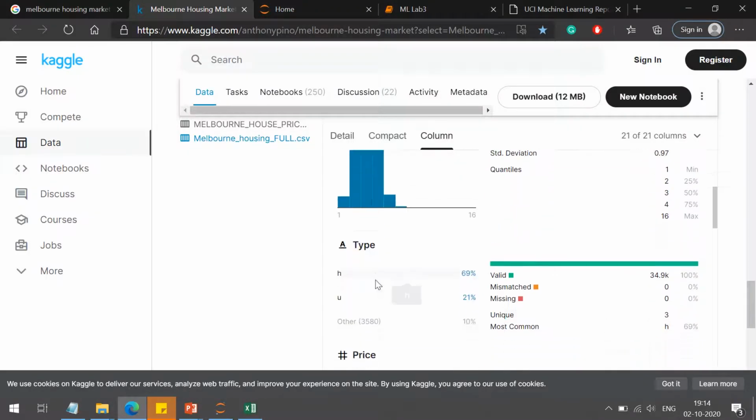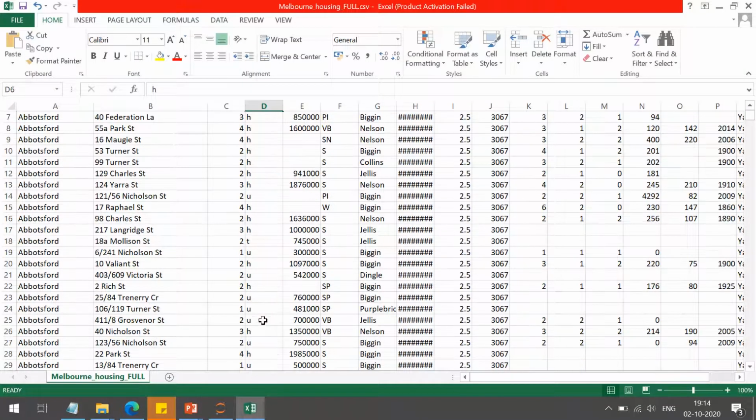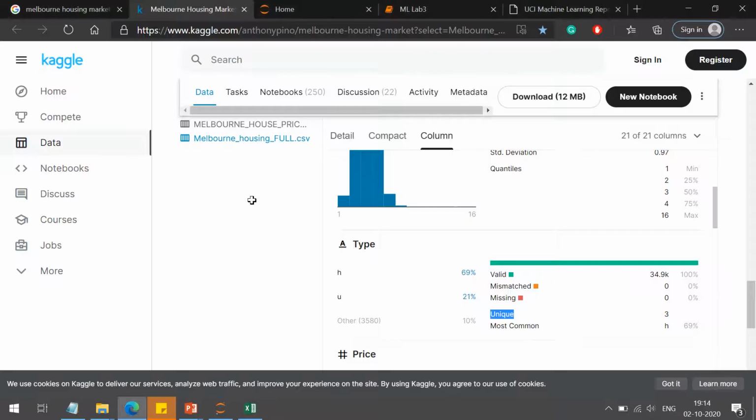Then type: there are three values, H, U and T. I don't know what these are, so let us search for that.